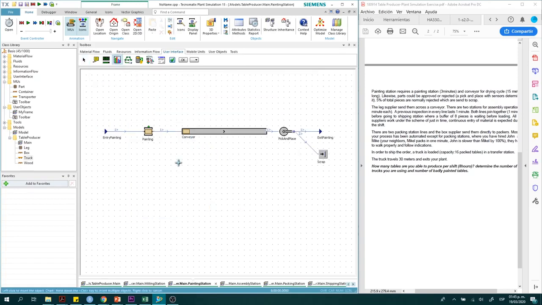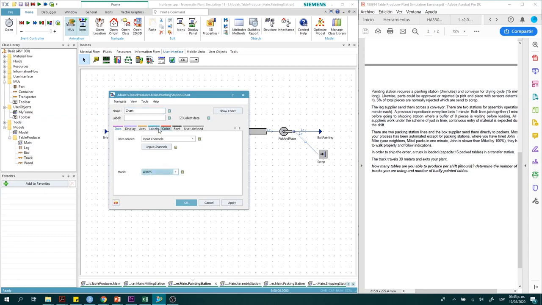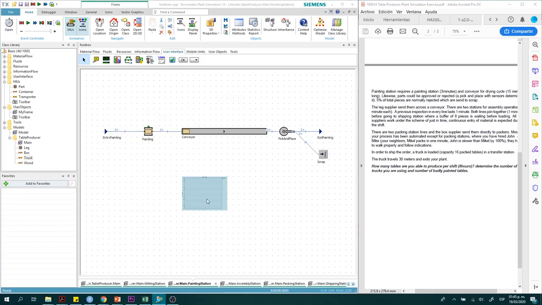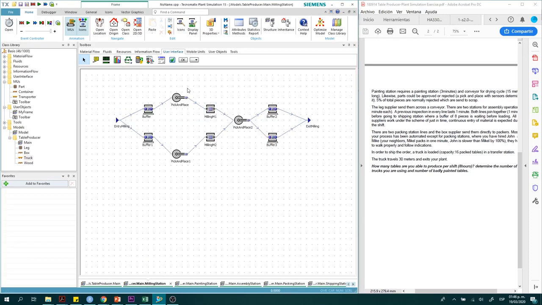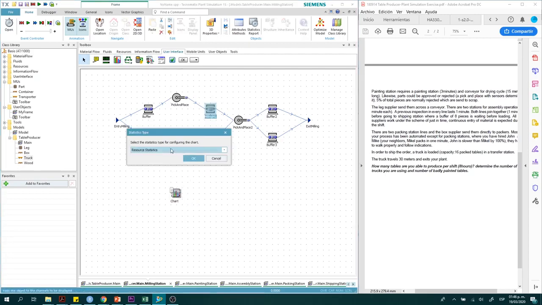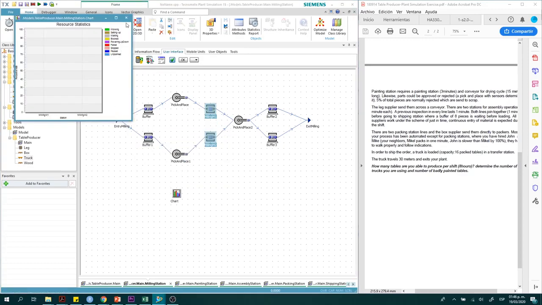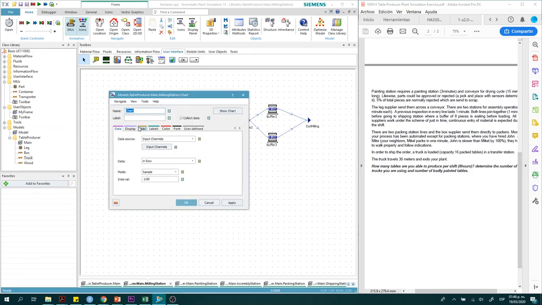Let's say that you want to add a chart here, and that you want to see the occupancy of the pick and place, and you can modify and change your settings to display it in the frame, and now in real time we can see the occupancy of the pick and place, let's say, or that you want to see which of these milling stations is better, so you can add both milling stations in the chart, and you can see the research statistic, and you can modify it to stay in the frame, display in frame,